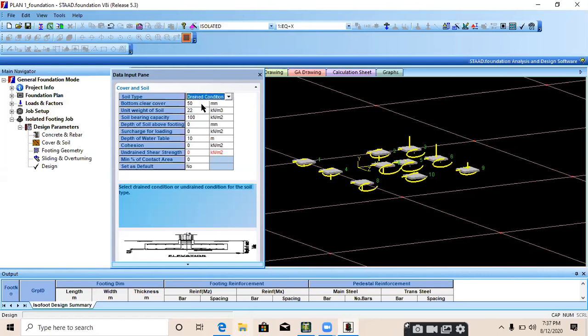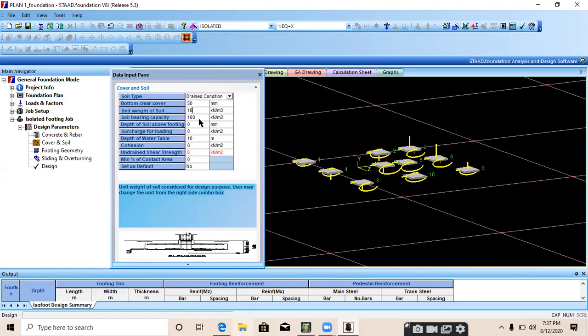Bottom clear cover should not be less than 50 mm. Minimum is 50 mm. Unit weight of the soil depends on the soil condition. I am providing 18 kilonewton per meter cube. First find out the unit weight where you are constructing a building and provide it here during designing.